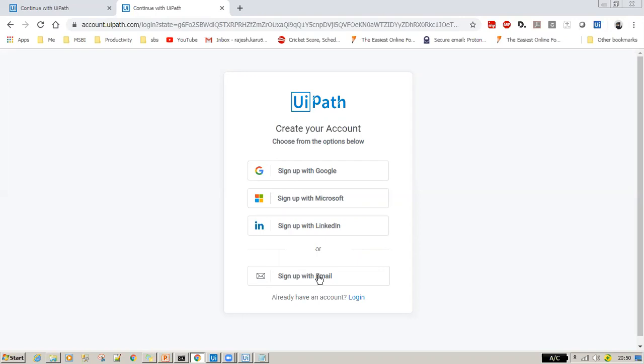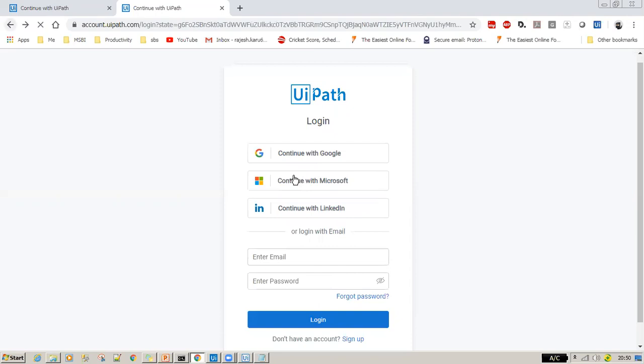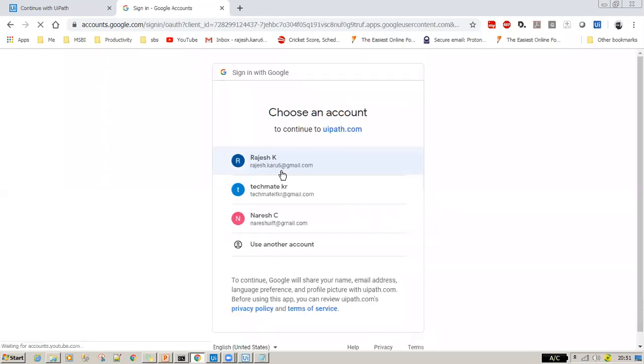It's like you get an apartment: you become a tenant to an owner, to a particular place. So the same thing, you have to become a tenant. A tenant is basically registering yourself to an orchestrator. I'm using continue with Google, since I already have an account.